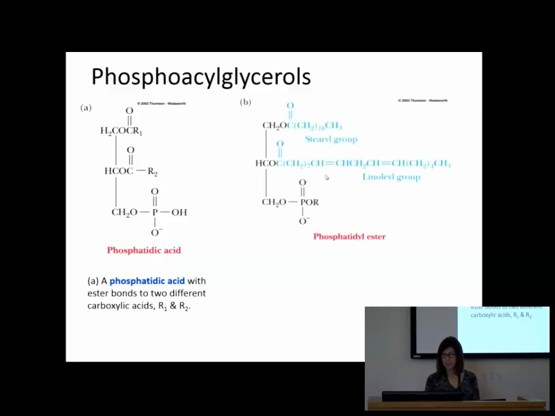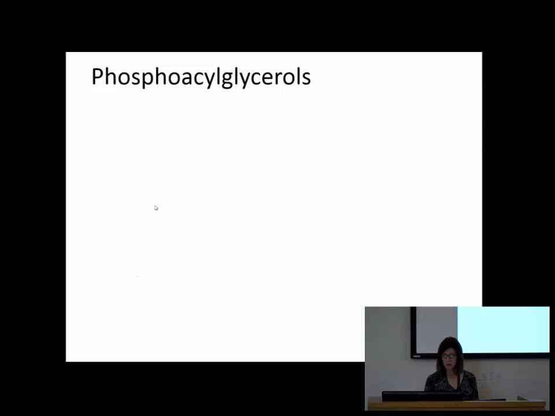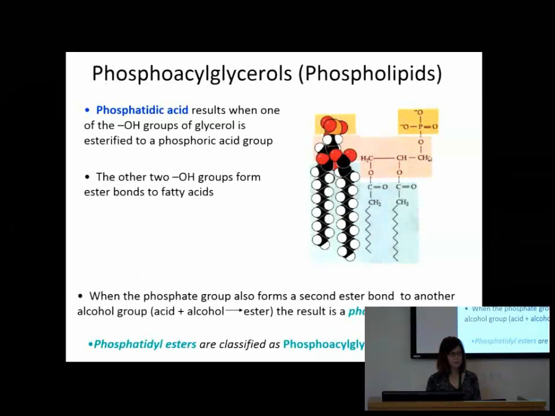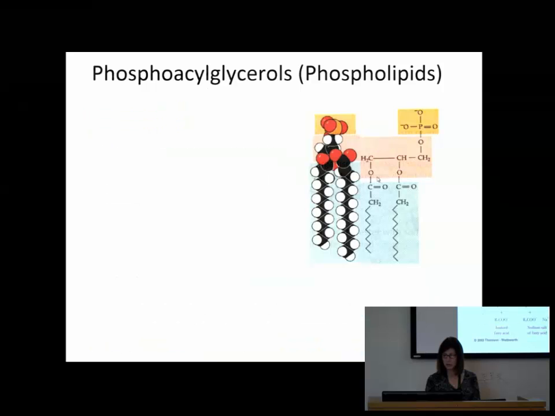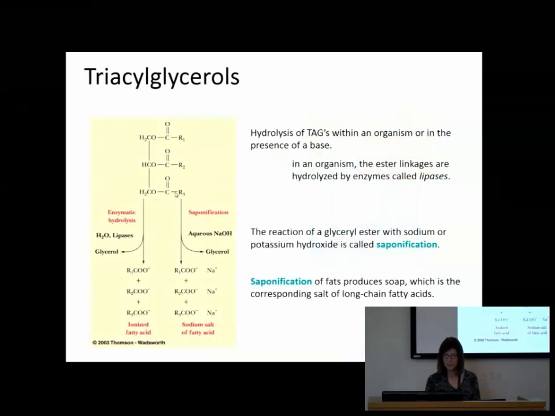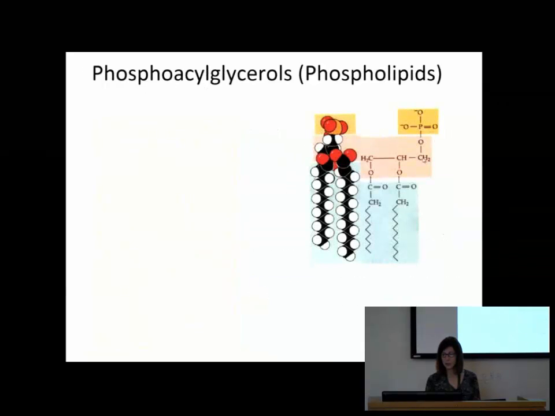You guys okay? Did you miss something? You take the OH to add the phosphate group. So here we have the 3 carbons, right? In the other, here we had the 3 carbons and then we had 3 fatty acids. Now here we're going to take one of the fatty acids away and put a phosphate group. That's a phosphatidic acid. An ester is when we are going to add another group on the other side of it. And I'm showing you that right here.